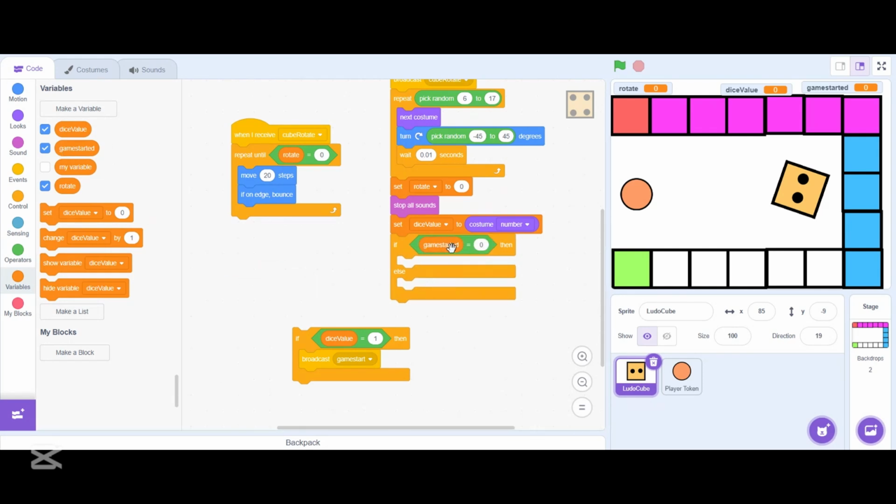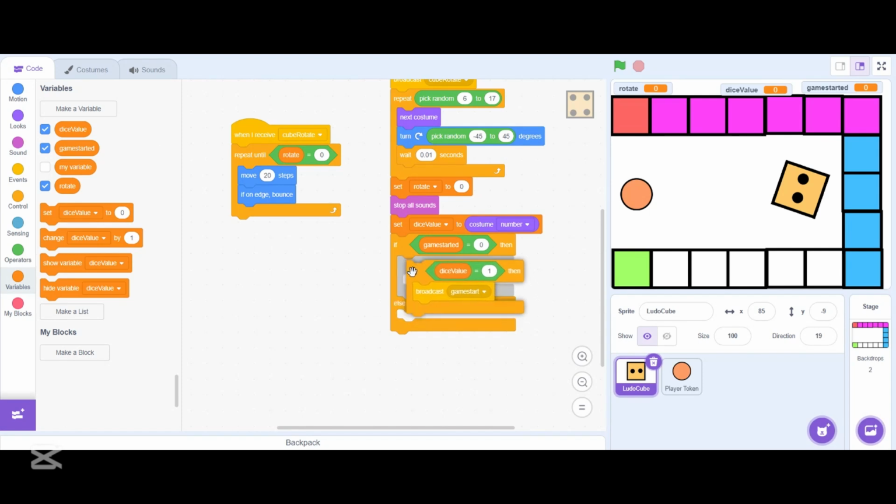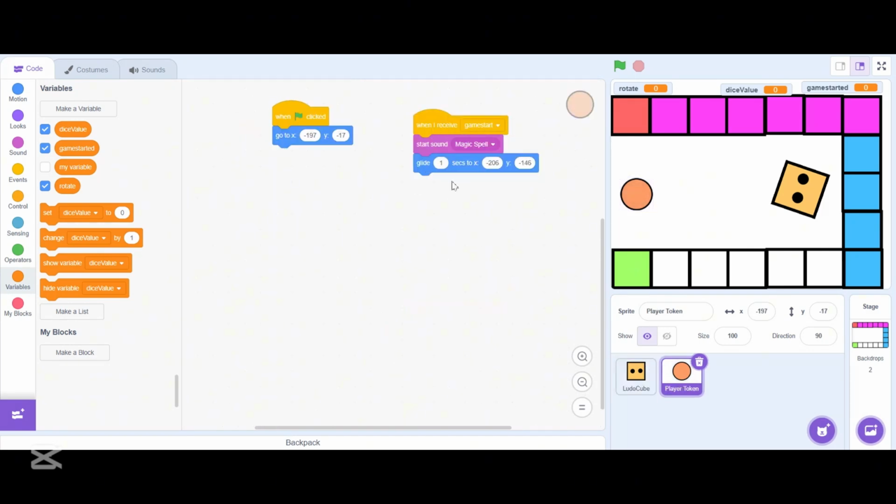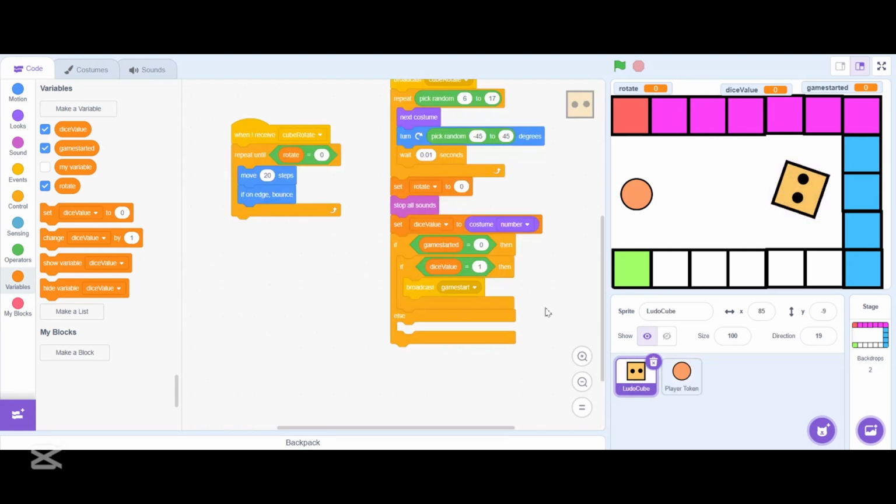So if game started equals 0, then we put another thing here. So what we are doing is checking if game started is equal to 0 or not. If it is 0, then it will check another thing, that is it will check if the dice value is 1. Then if the dice value is 1, then only it will broadcast game start, and then our game starts. This thing happens and it goes down here. Or else,